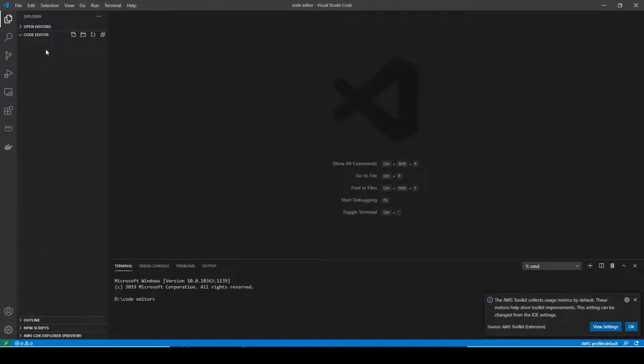Now I will write a simple Python app just to showcase how we can write it, how we can run it, right? And how we can connect it with different Python environments. So here I have already created one folder called code editor, and within that folder I will create one file, right? So click it here, and I am naming that app.py.